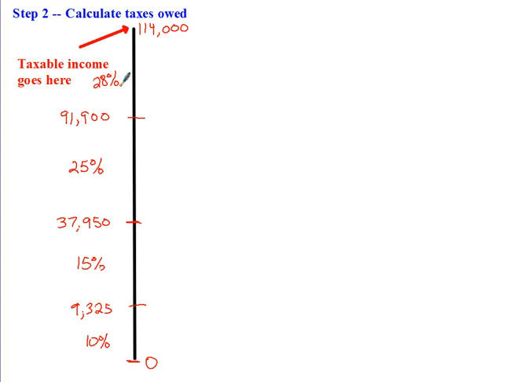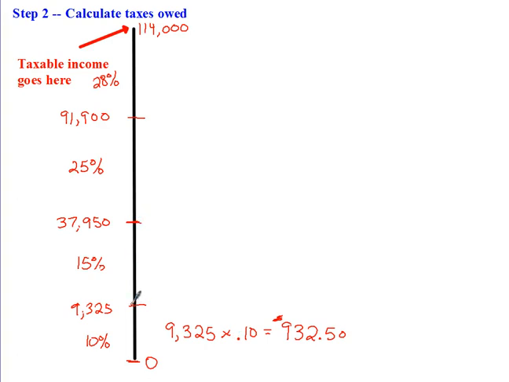So the first one's going to be 9,325 minus 0. So we got $9,325 of income in that bracket multiplied by 10%. So that's going to be $932.50. That's going to be the amount of taxes owed from this bracket. Okay, next bracket,